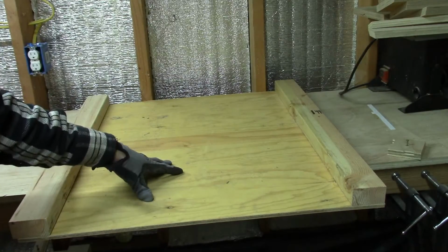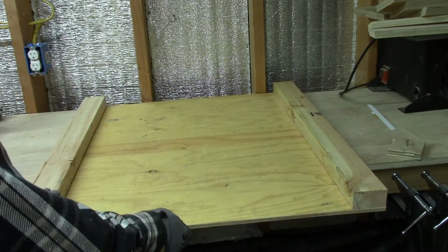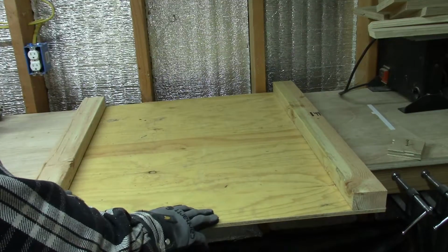So it gets kind of dusty in here with the CNC going, so I'm going to make a box to enclose it. Just working with scraps I got laying around here, so we're going to see how that goes. So we're going to start out with this as our base. This is just a 3/8 piece of scrap plywood with